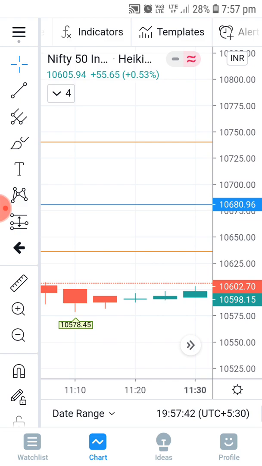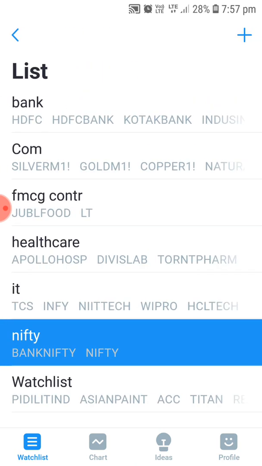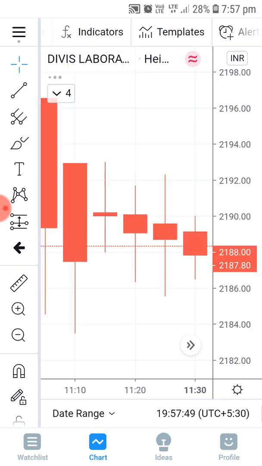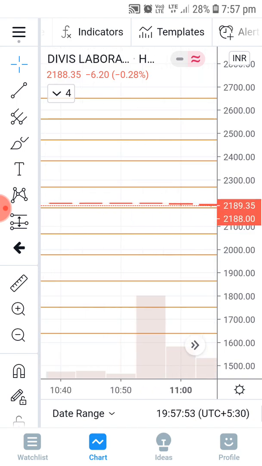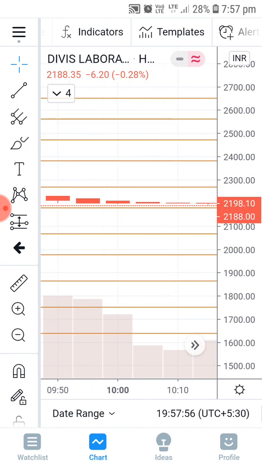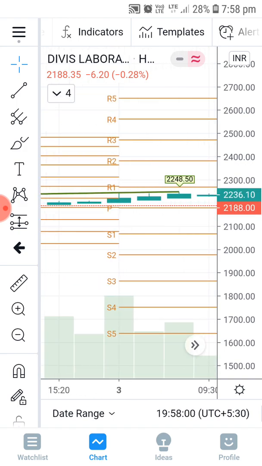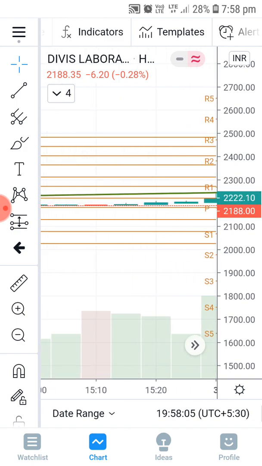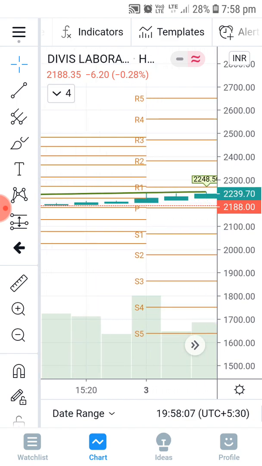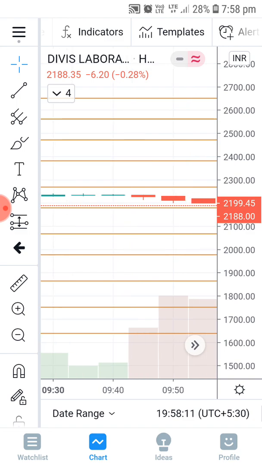So always you have to identify where it is. Each stock also you can identify. If you want to see any stock here, like DBS Lab, they will mention where the next support and the resistance point are. Here you can see this is always going nearby the resistance zone, so you won't be getting much profit on this occasion. Here you can see the resistance is broken and it is moving up now, and it is touching the next resistance. So it is going between both lines. There is a support as well as a resistance.